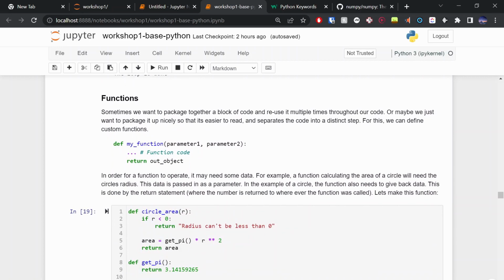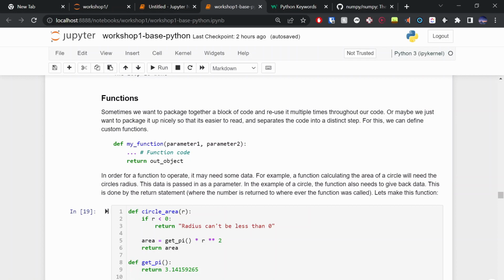Sometimes we want to package together a block of code and reuse it multiple times. The way that we can do that is using a function. So that's the syntax: def my_function. My_function is the function name. You can use any valid variable name, as we were discussing at the beginning of the workshop. Then we open a bracket and we can list a bunch of parameters.